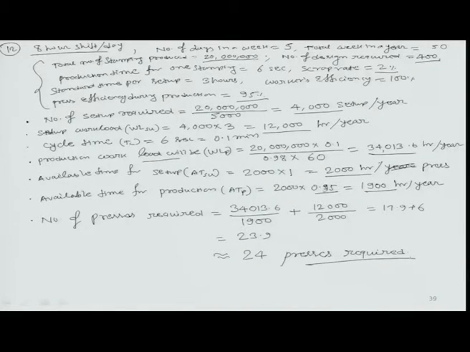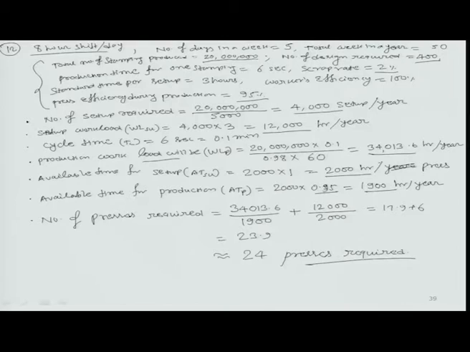Okay. So, from this problem we solved how many stamping presses are required. Conditions were given: number of days in a week, how much stamping was going to be produced, number of designs required, total weeks in a year, 50 weeks. So, in this problem we can see that a lot of variables are given, but we utilize very few of them. So, do not be confused: it is not necessary that every parameter given in a question is required to solve the problem.